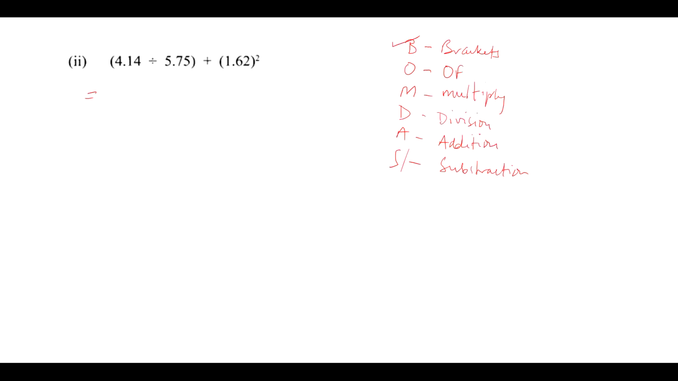So what I'm going to do, I'm going to work out 4.14 divided by 5.75, and that gives me 0.72, right? So this part here is the brackets. And then we're going to add that to 1.62 squared, and that gives me 2.6244. And then we do the addition. 0.72 plus 2.6244, and that gives me